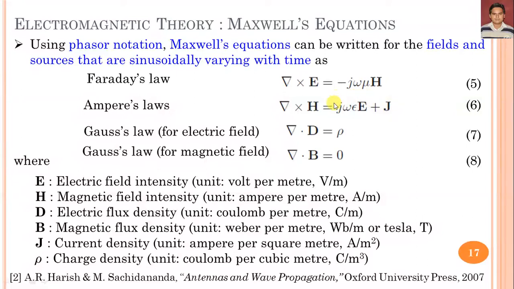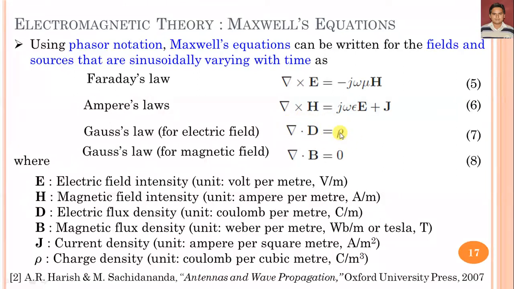With this concept, Maxwell was able to derive the wave equation and predicted that the wave velocity was the same as the measured velocity of light. So we can say that the current J and the time varying electric field j omega epsilon E can generate a magnetic field H which is not equal to 0. So by Ampere's circuit law we can calculate the magnetic field generated by the current densities.